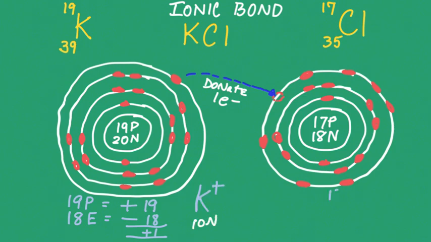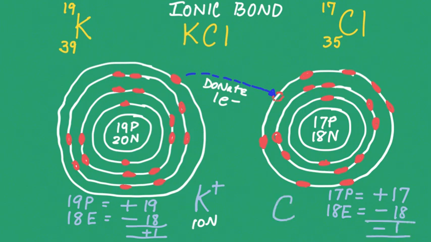It's a positively charged ion. Chloride, on the other hand, has become negative because it has received an extra negative charge. So chloride ion and potassium ion, opposites attract, and they form potassium chloride, and this is held together by an